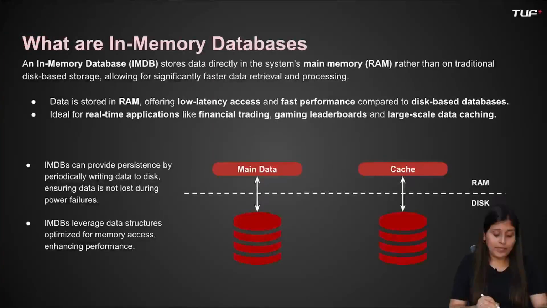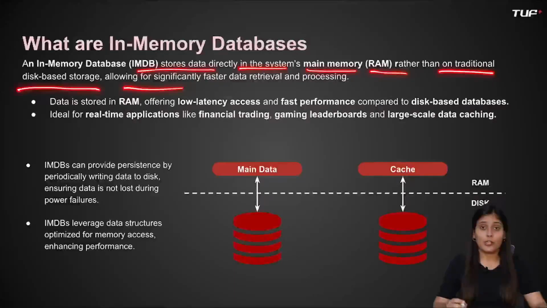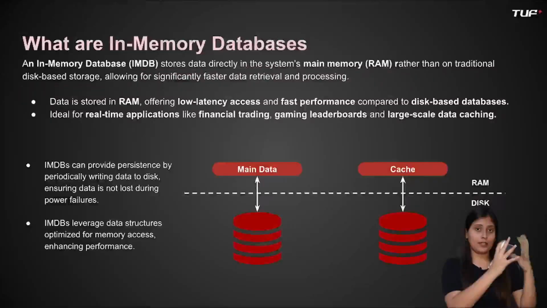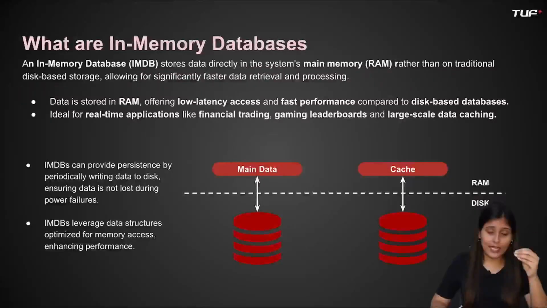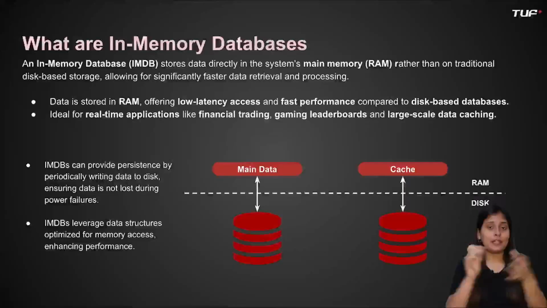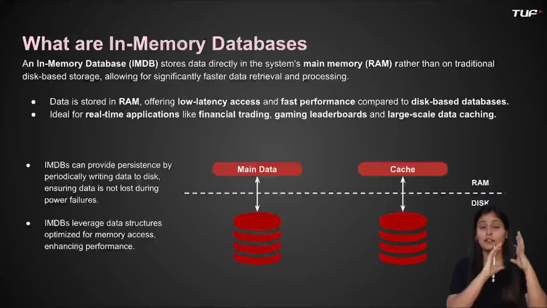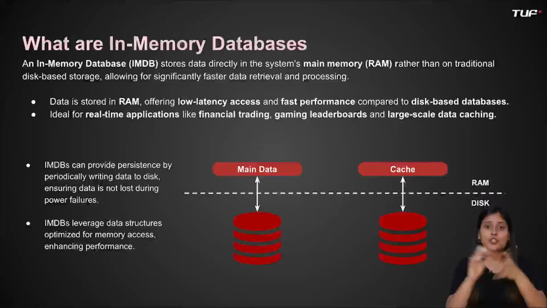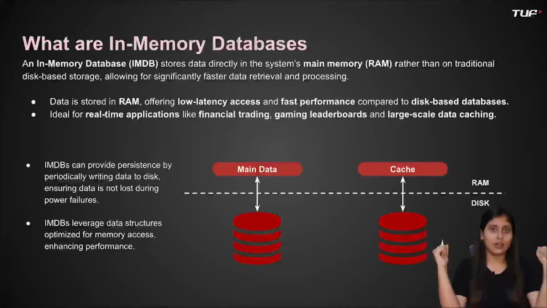An in-memory database stores data directly in the main memory rather than on a traditional disk. For other traditional databases, we save the data on the disk, right? So the read-write operations will be time consuming when they are frequently needed. But in the case of in-memory databases, where we save the data in RAM or cloud, the input and output read and write operations are very fast. So it optimizes the whole performance of the system.